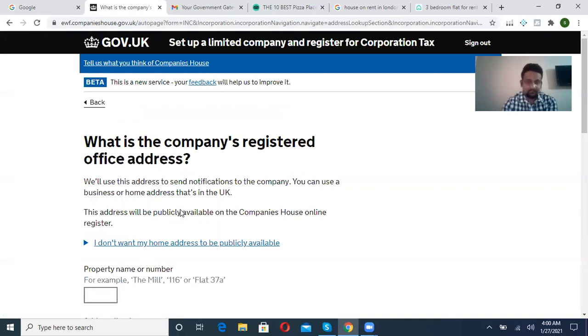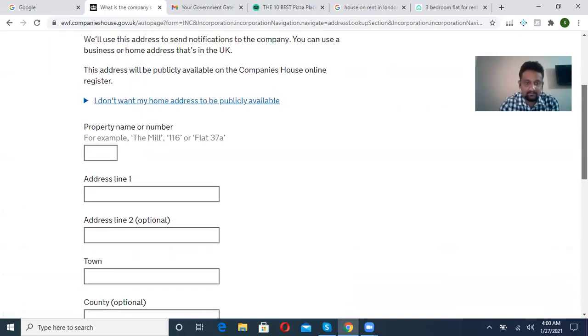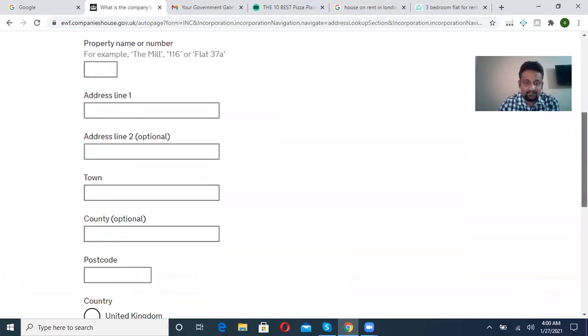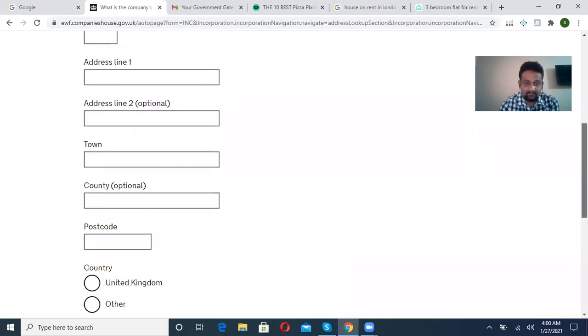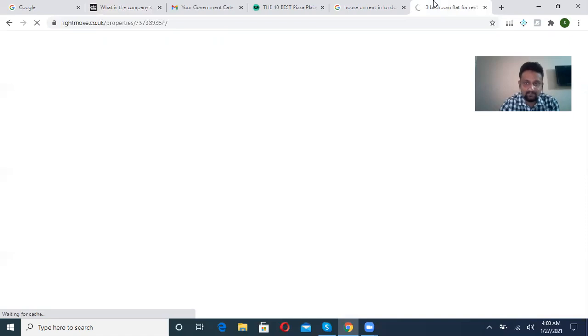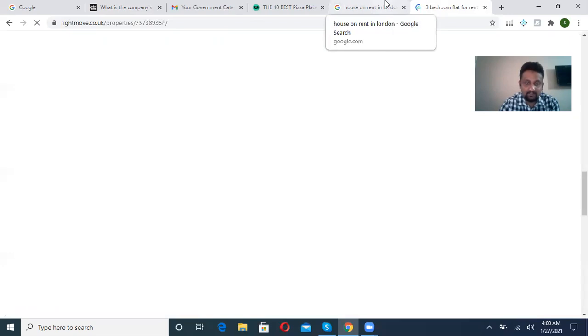So here you need to enter the address. Okay, this is a very important section. You guys must have an address of UK and you can find it on Google. You can buy any virtual address. There are multiple websites on Google. You can find one. Here I am going to put a random address, but for your company, you guys must have a correct address.